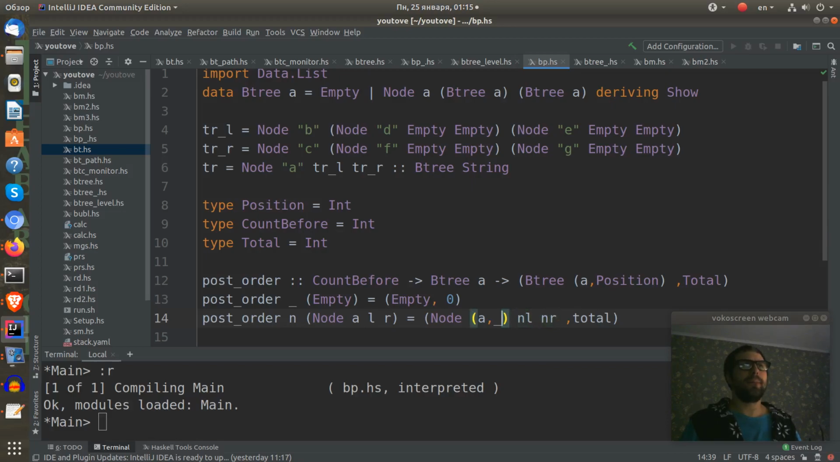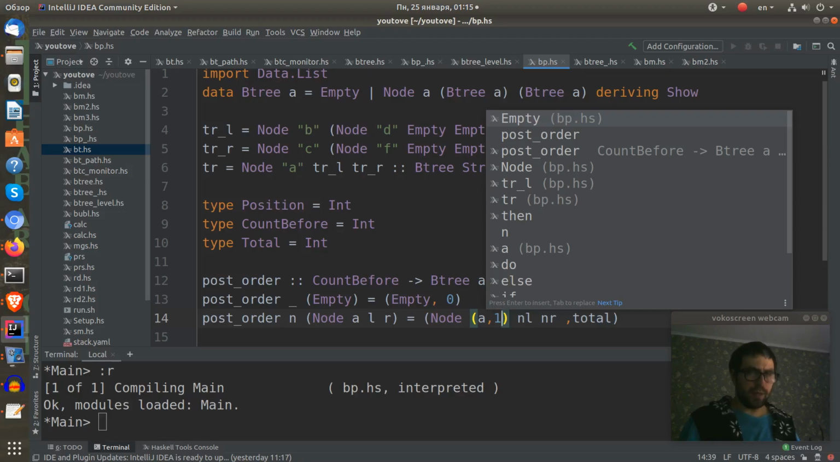And here we need to construct a position, actually the label of the post order. And the label of post order will actually be how many nodes we had before this node. We can see that we have all the nodes from the left and all the nodes from the right subtree. We need to count them and then add 1 to mark the node itself. So we will write 1 plus